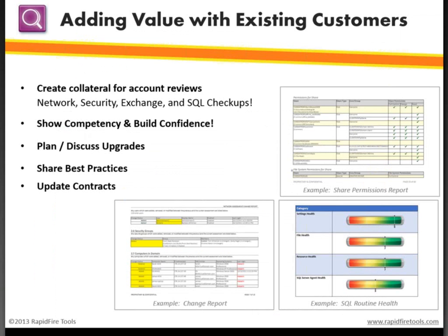So finally, we do have the 4 assessment modules: the network, the security, the exchange, and the SQL. I wanted to show you the most recent addition, which is the SQL Server assessment. It is a tremendous tool to include with these routine checkups. Like Mark had said, oftentimes organizations will have purchased or added a new SQL-based line of business